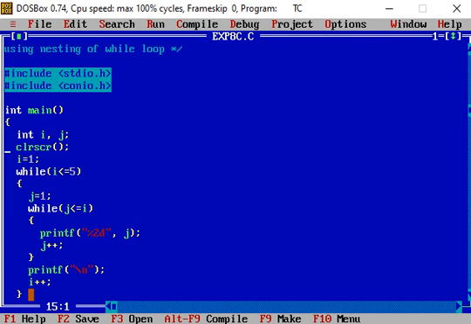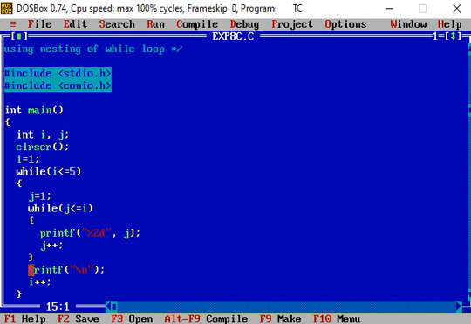Then again the value of i is incremented. So in this way, again the value of i, that is 4, less than or equal to 5 is true. So again when the body of the while loop is executed, in the fourth row the numbers 1, 2, 3, 4 get printed, and then the printf statement brings the cursor to the next row, and for the value of i equal to 5, the condition is again true for the outer loop,